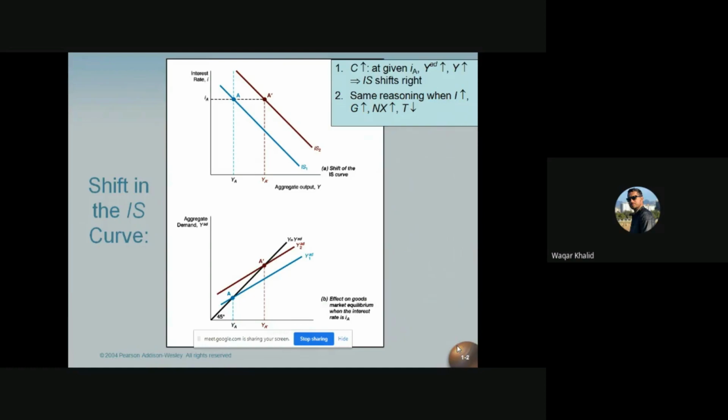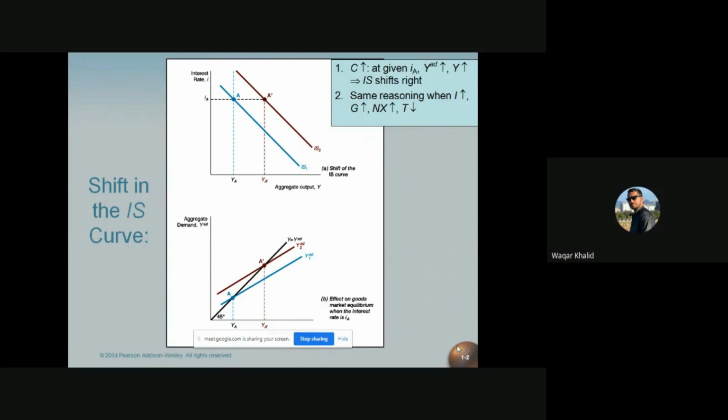They have no relationship with the interest rate. If there is a change in one of these factors, the IS curve will shift from its original position to a new position, but the interest rate will remain the same